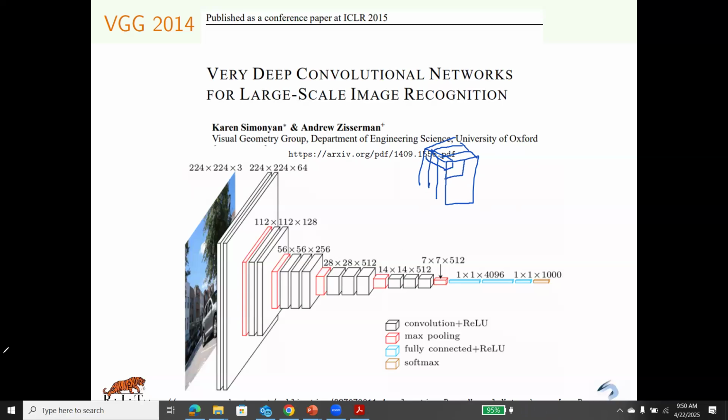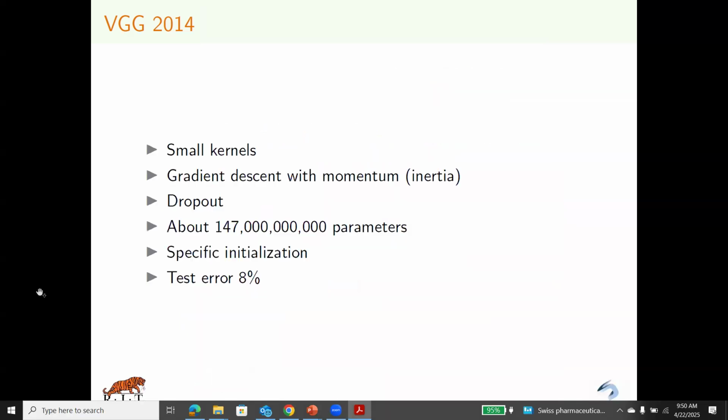Let's look at the metrics. The advantage of this model was that they used smaller kernels, so they could create deeper feature maps with more channels and apply more kernels. Again, gradient descent with momentum, the state-of-the-art optimization algorithm at that time. Dropout. The number of parameters: